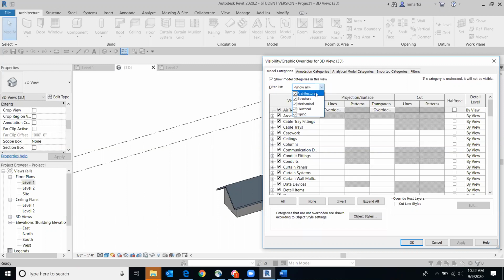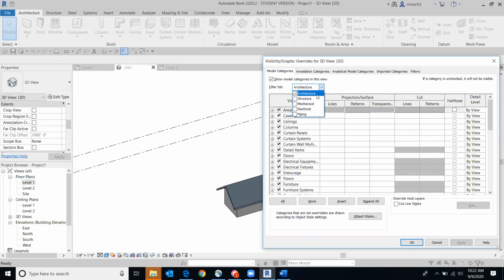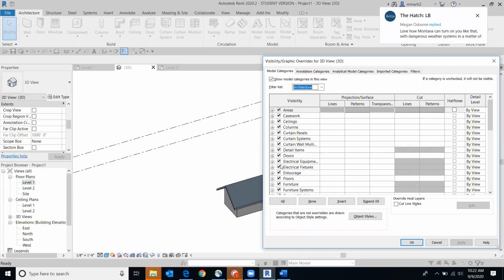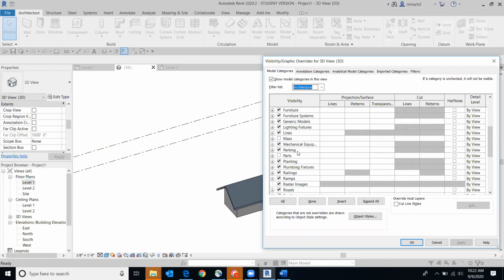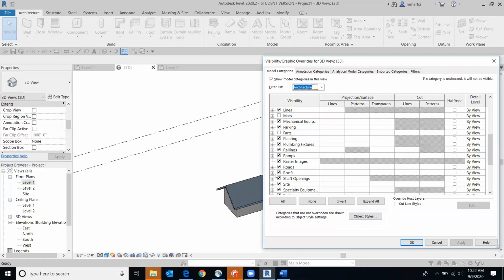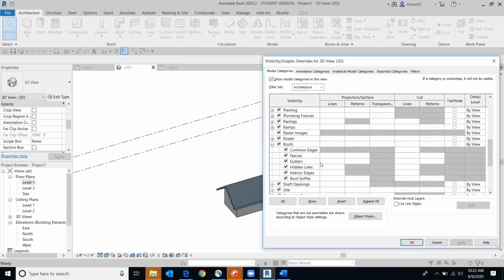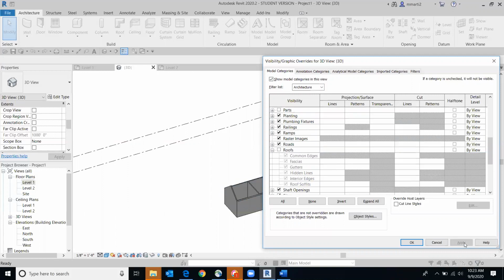construction options. If we want to turn off everything we don't need, all except architecture for our class, now when you scroll through here, you'll see it's just the architectural details that are available. Say if you wanted to hide all your doors at one time, you can turn that off. If I wanted to hide my roofs, scroll down to roof. I can hide the different parts of the roof at different times. Or if I just want to hide the whole roof, I can click on that, hit apply, and notice the